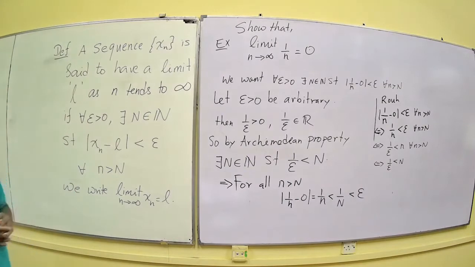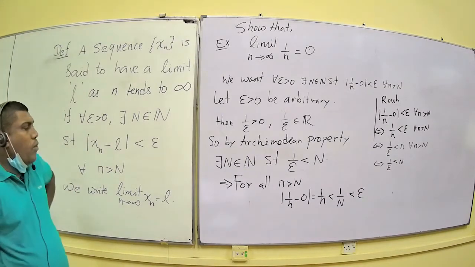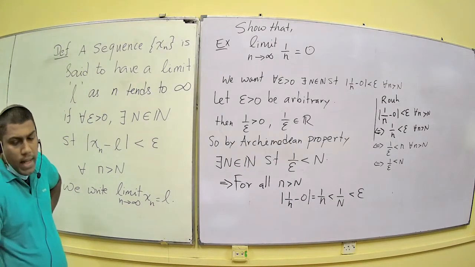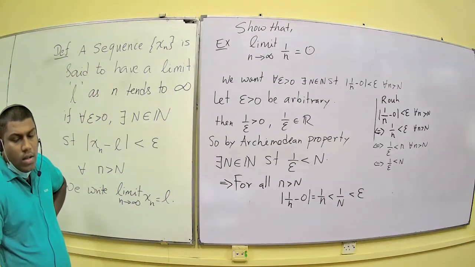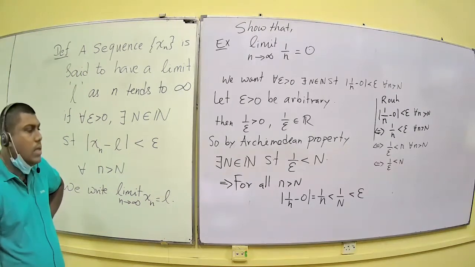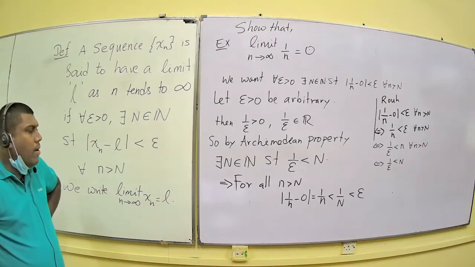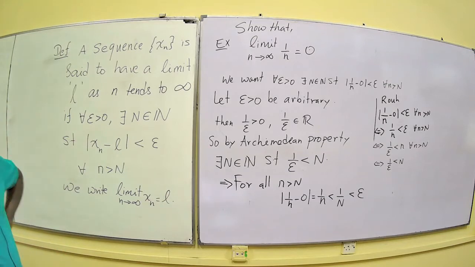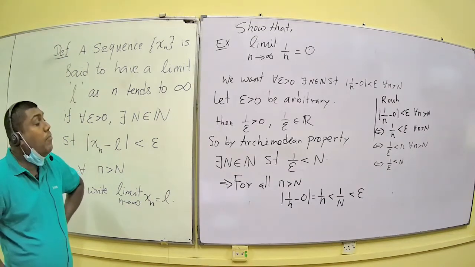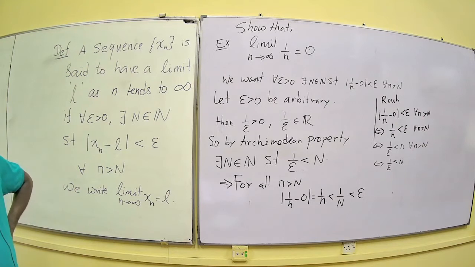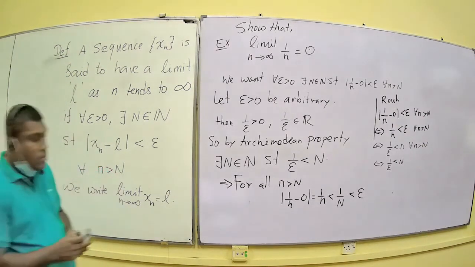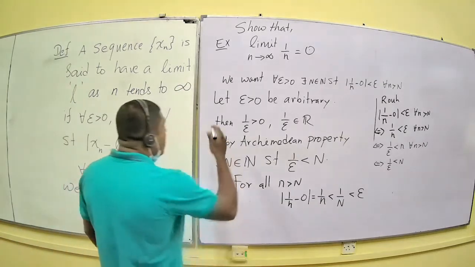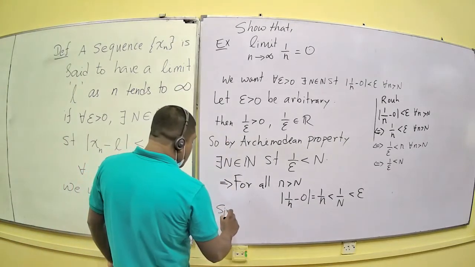Right? You can directly say that for all small n bigger than capital N, the absolute value of 1 upon n minus 0 is actually 1 upon n because all are positive numbers. So that is smaller than 1 upon capital N, right? But from the Archimedean property, you know that 1 upon capital N is smaller than epsilon. So now since epsilon is arbitrary,